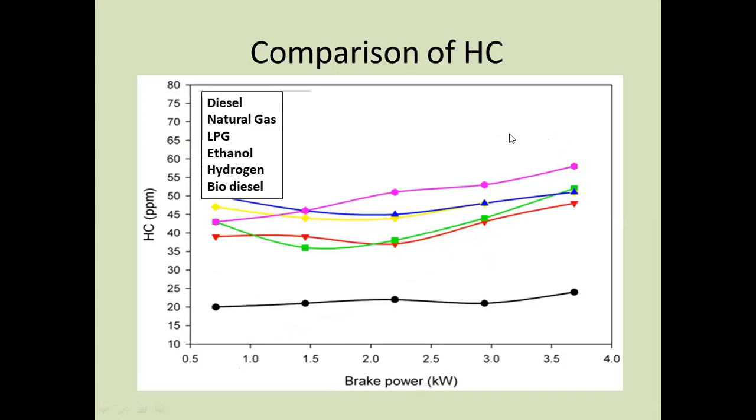So next slide, as I told you earlier, we can discuss the hydrocarbon emissions. If you use these fuels in an internal combustion engine, the major emissions are hydrocarbon emission, carbon monoxide emission, oxides of nitrogen, and finally smoke. Here we use different fuels to operate the internal combustion engine. At full load conditions the emissions increase because of the absence of oxygen.